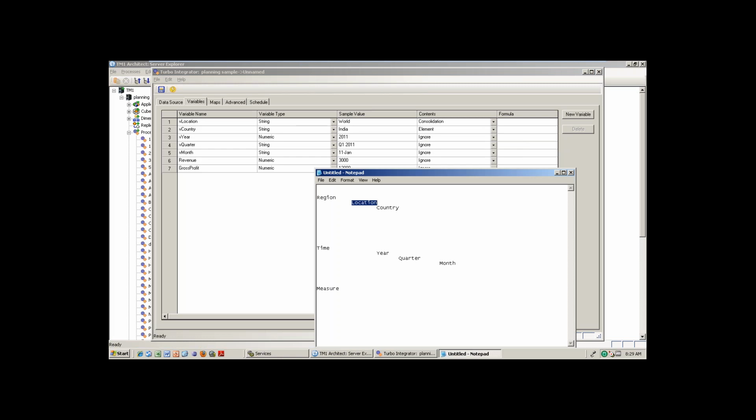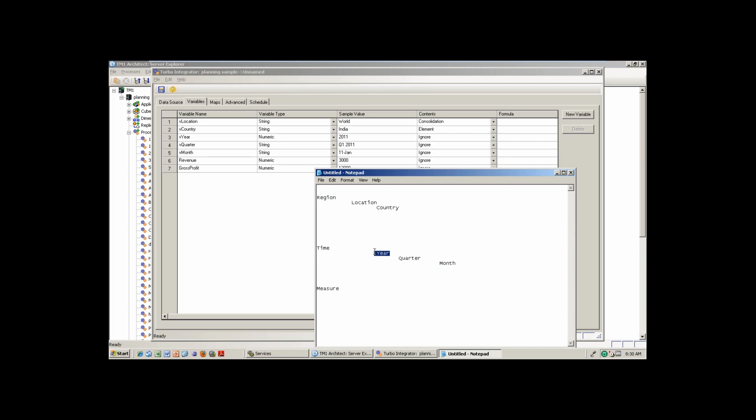Only the last level child would be element, right? Exactly. In the time dimension, what is the last level? It's month. So this is the only element. The month's parent is the quarter, and a parent is nothing but consolidation, so quarter is also consolidation. And the quarter's parent is year, so year is also consolidation.